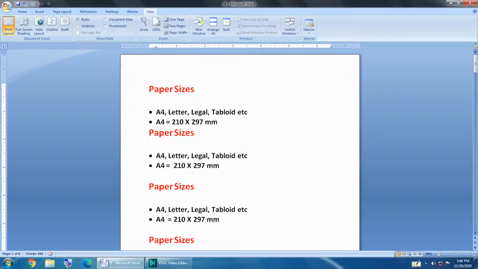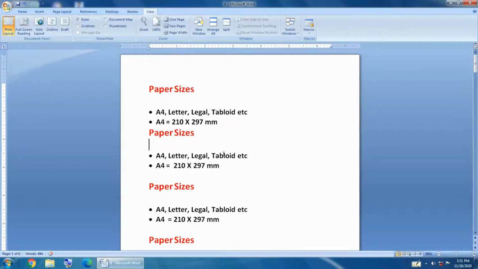What is the use of paper size in MS Word? There are several sizes of paper available on which a document can be printed. We can print a document on common paper sizes such as A4, letter, legal, tabloid, etc. Or we can type dimensions for the paper sizes.